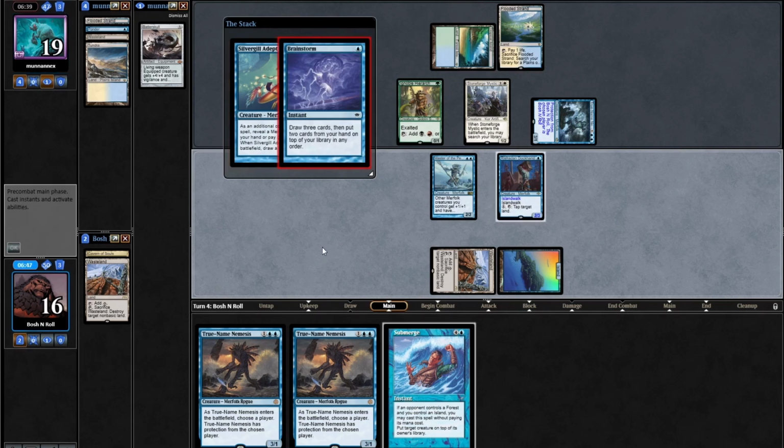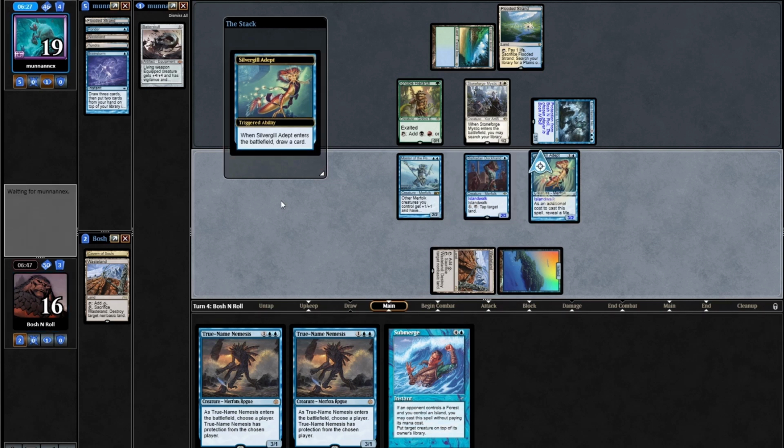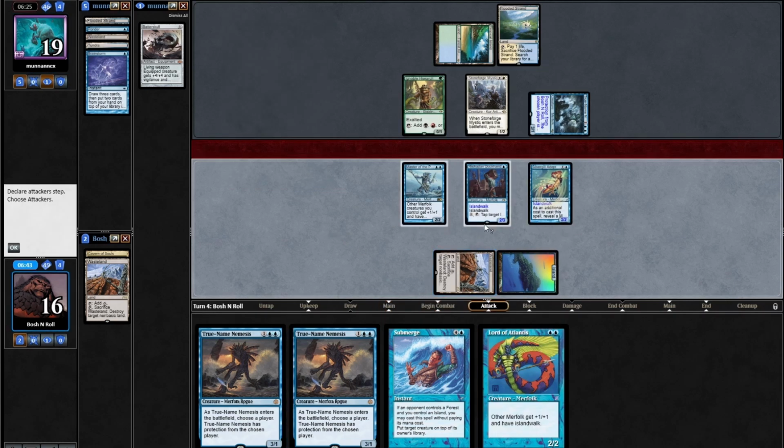So they're Brainstorming here, looking for Daze maybe. But even getting this Dazed is better than getting my Submerge Dazed. So they could have 2 Dazes. Maybe they boarded their Dazes out. I don't know. We'll find out together. That resolved. Found the Lord. This isn't doing anything else, so...